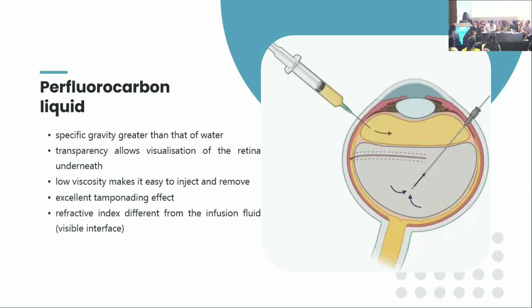Next, what we do, we use PFCL, perfluorocarbon liquid. So we have got the PFCL bubble. We inject it slowly through the infusion cannula over the posterior pole, the disc surface, and what this does is this gradually spreads and it flattens out the entire retina up to the periphery. Now, the properties of the PFCL are as follows. So we have to be very careful that the PFCL is injected as a single bubble very slowly, because multiple bubbles or fish egging can go behind this flap and can destabilize the flap later.